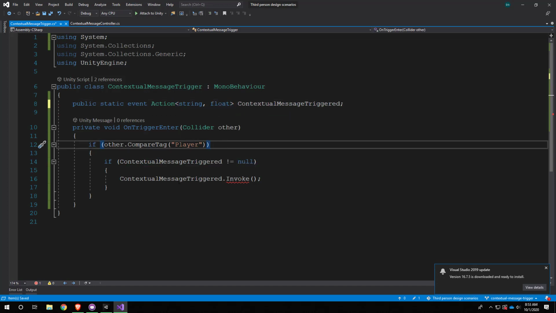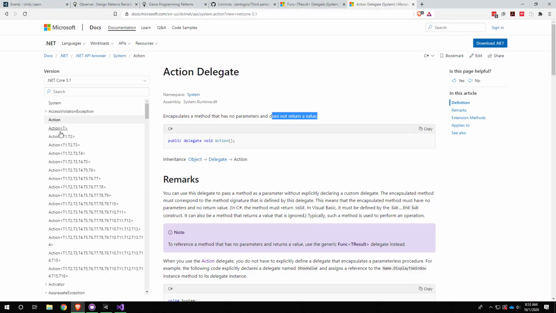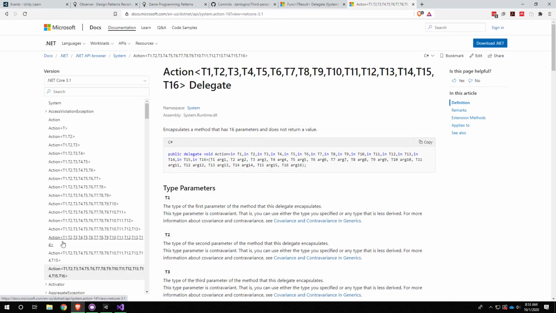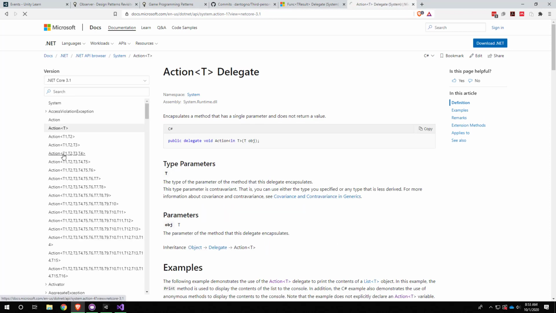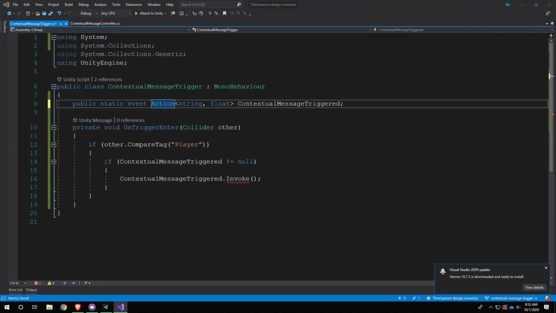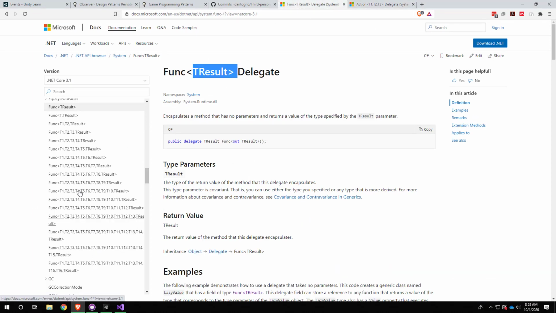There we go. And this is covered in the documentation like I just showed you. You can see that you can make actions with up to 16 parameters, I guess, which is kind of nuts. At that point, I would maybe make a special delegate for it, because who's going to remember what all 16 of those parameters are for? But anyway, it's supported. Probably rare you're going to get more than 2 or 3 parameters, but just in case. And it's the same thing with funcs. So if you needed a return type, you can still have funcs with all kinds of different parameters. All right,